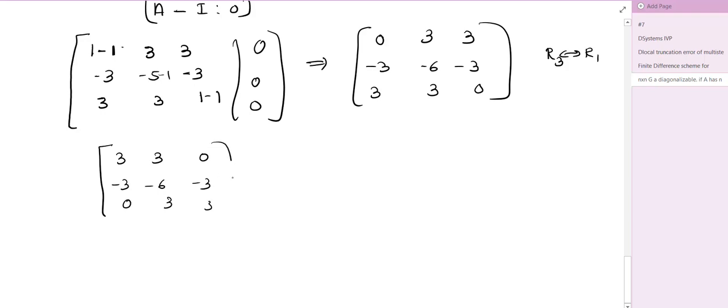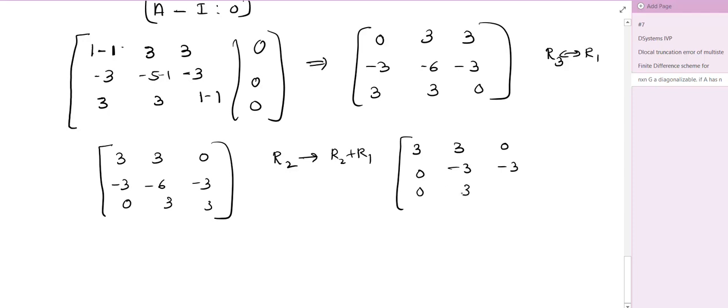Now I'll change R2 to R2 plus R1. This will give us 3, 3, 0, 0. So minus 6 plus 3, minus 3. This is minus 3. Then this is 0, 3, 3. Now R3 changes to R3 plus R2, because it is minus 3. So hence we can get